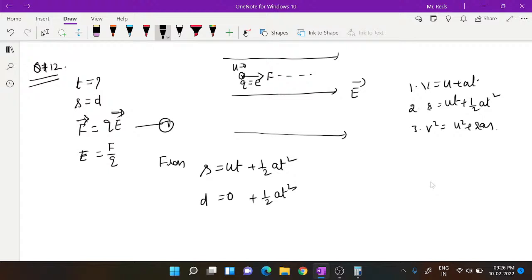This is the time we have to find. But here, what is acceleration? The force is F equals QE, in magnitude, but also